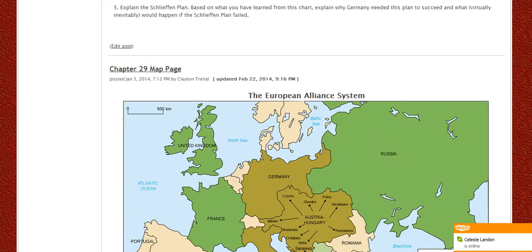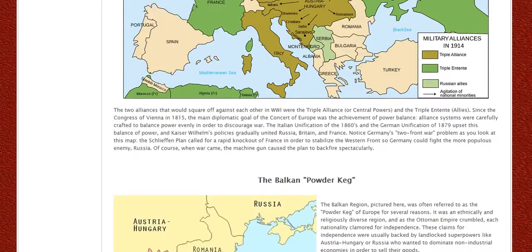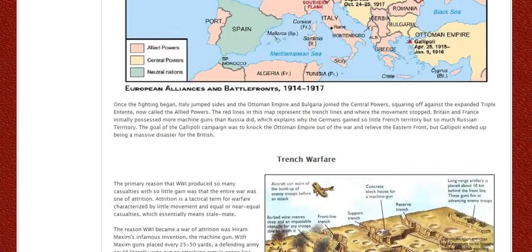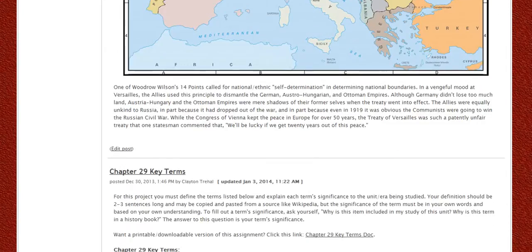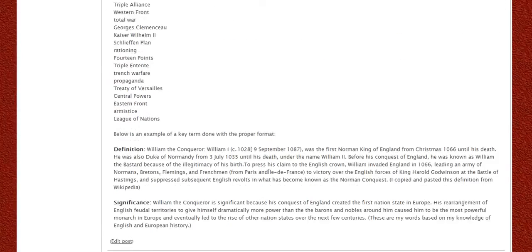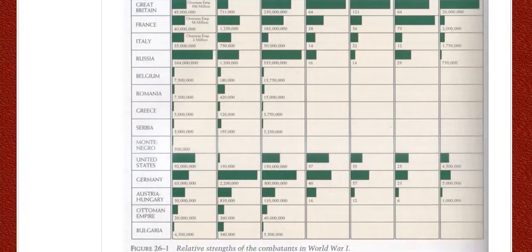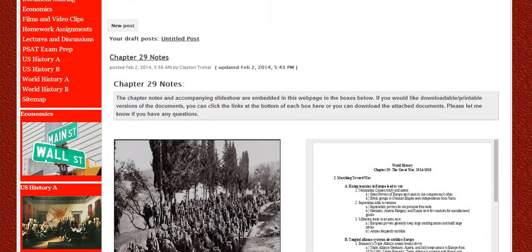Got the map page. This is one of my favorites. And anything else? Let's see if I've got anything else. There are probably key terms. Yep, key terms. Now, if you go back, and I've only got 5 posts, going back to the announcement format,